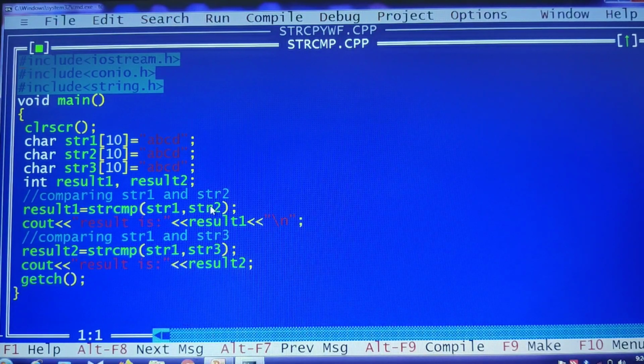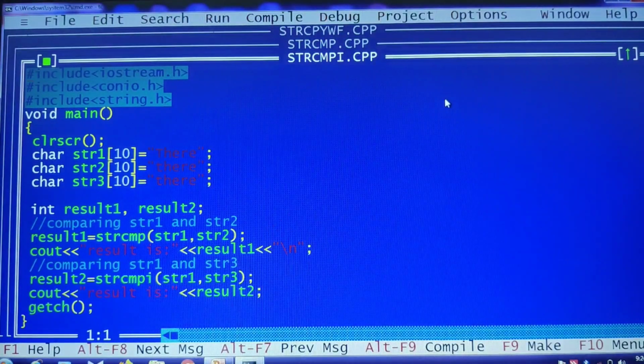Clear? Moving on to the next one, the string compare I function, and let me show you. This is the string compare I function that I am using here. Here I have taken string 2 as THERE and string 3 the same as string 1. First time when I am comparing, I am using strcmp, which is case sensitive.